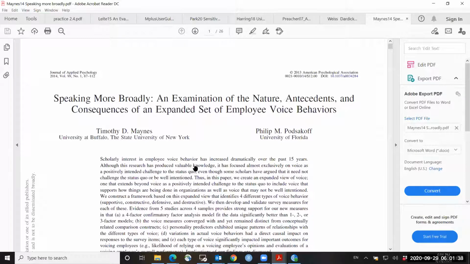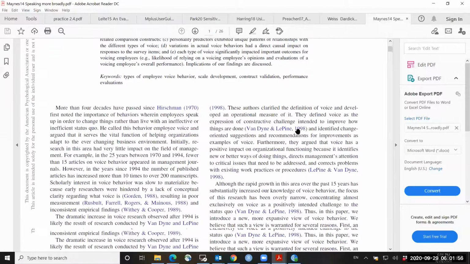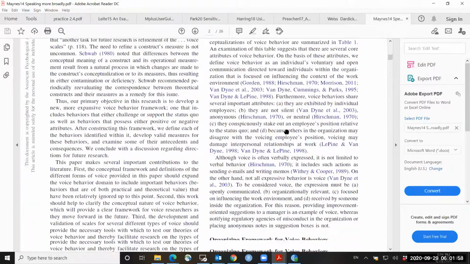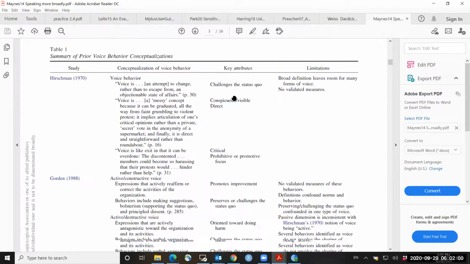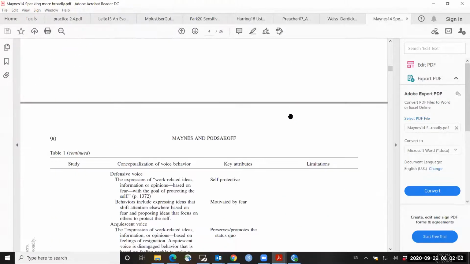When we get to the chapter about validity, you'll see how they're using one conceptualization of validity. In education we use a newer conceptualization of validity, but it is an excellent article. They develop a scale for voice behaviors, and